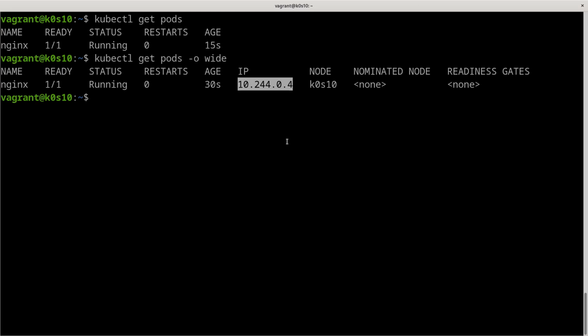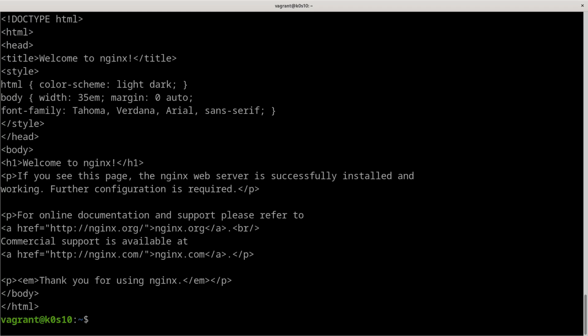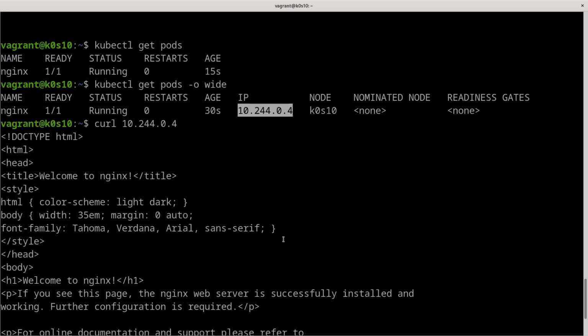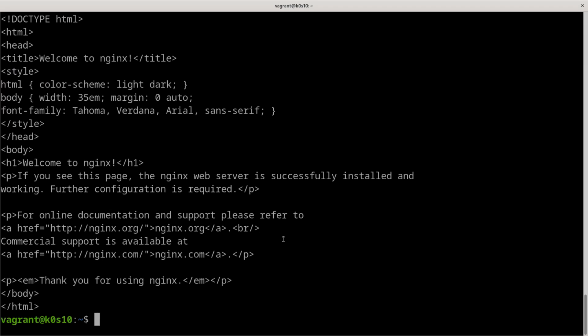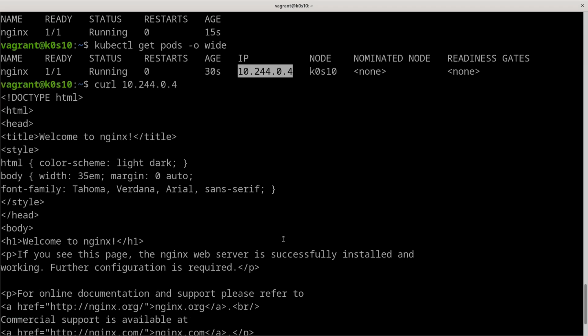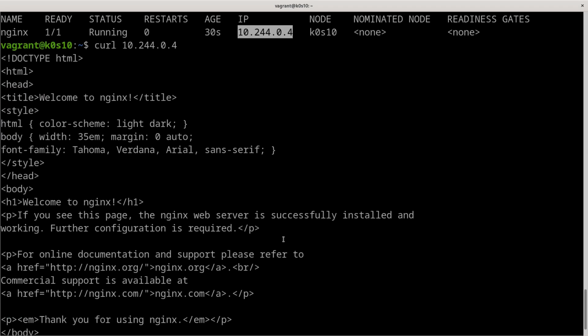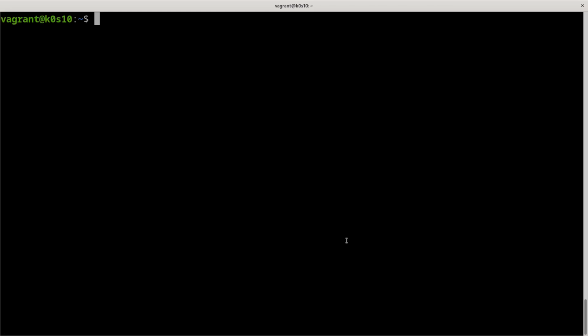This is why we need to discover this IP, because we can run a curl on this IP directly, and we have our nginx and the output of the default index.html of our nginx. Okay, and how to delete this pod?